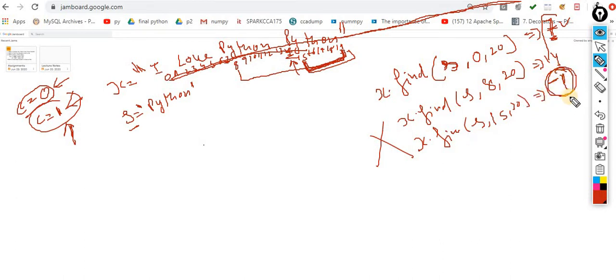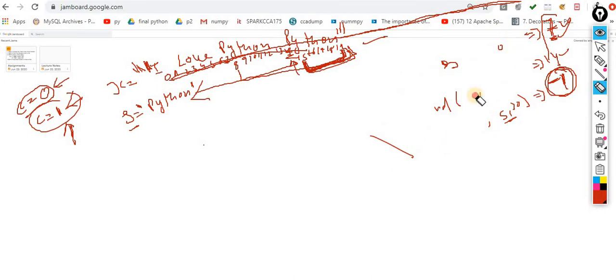Now what is the meaning of -1? That means the character is not available in that particular searching area. In the first searching area you found it perfectly, in the second searching area you found it perfectly, but when you do the next one, it gives you -1. Now -1 means I have processed the entire previous string, but in this one I didn't get it. Everything is done. The meaning is that I searched from this to this, and now there is no more Python. So we have to keep this point in mind while attempting this question.